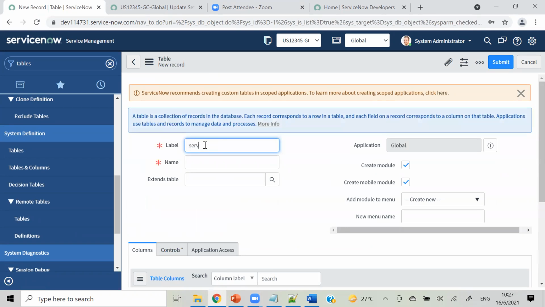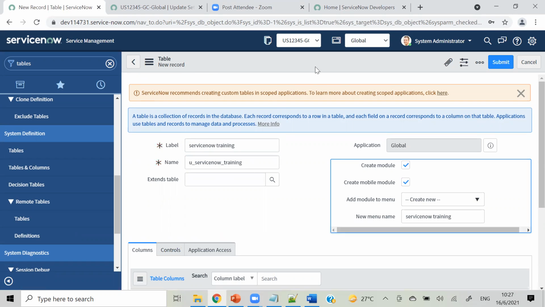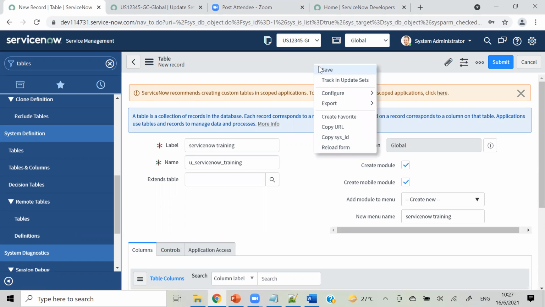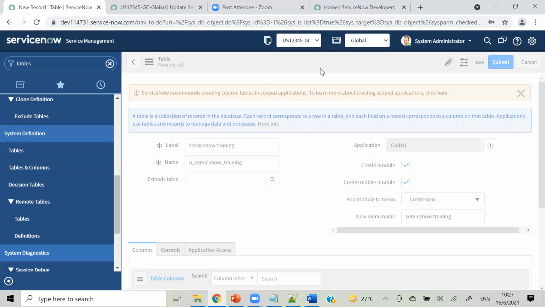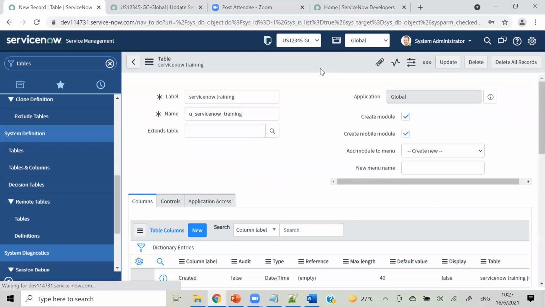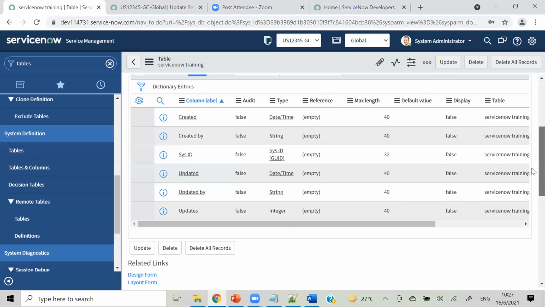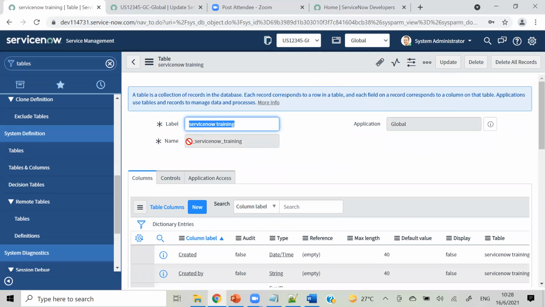I'm giving a service training table, and I am not giving anything else, this is just for demo purposes. I am not extending any table, or creating any module. I'm just simply saving it. Okay, so this got saved, and this is our table name.